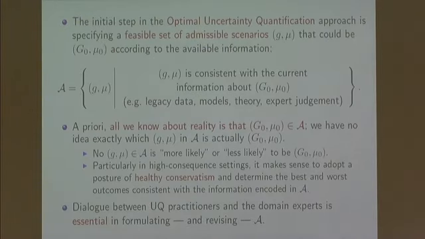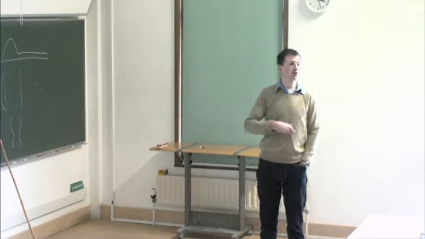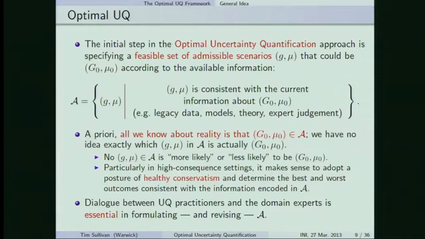And so one way of posing this uncertainty quantification problem is to formulate it as an optimization problem. So you write down this horribly large set, A for admissible, which is all the things G, mu without zeros on them this time, that could be reality according to whatever information you have to hand. So perhaps you've got some archive of data that you can draw upon. Maybe you have some pretty good models that you believe are accurate up to some degree. You've observed some moments of the probability distribution, but you're unwilling to commit to anything more than the moments you've seen. You have some theory, some expert judgment.